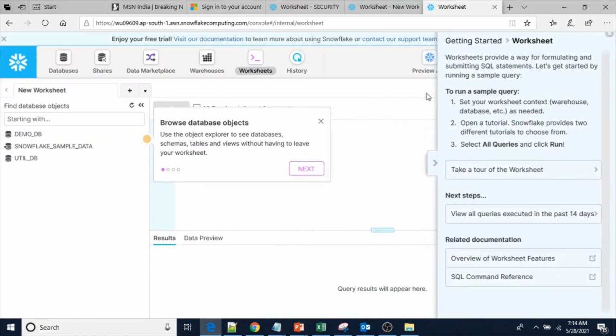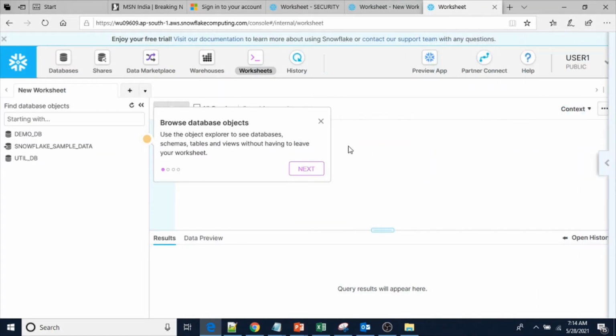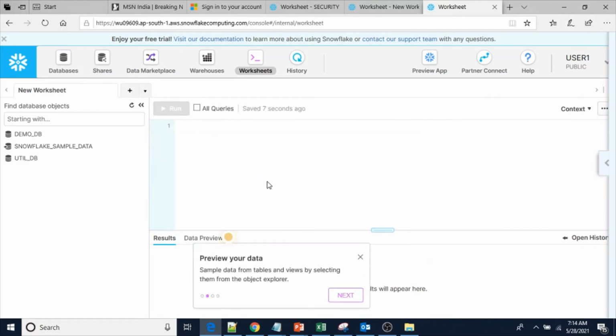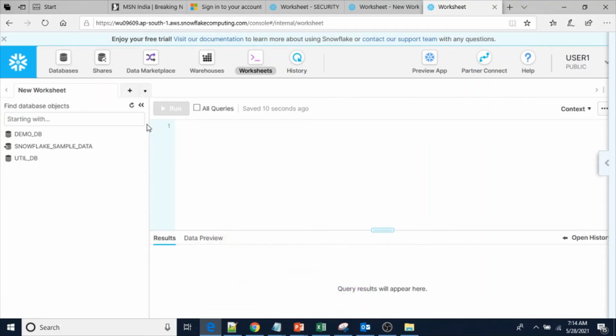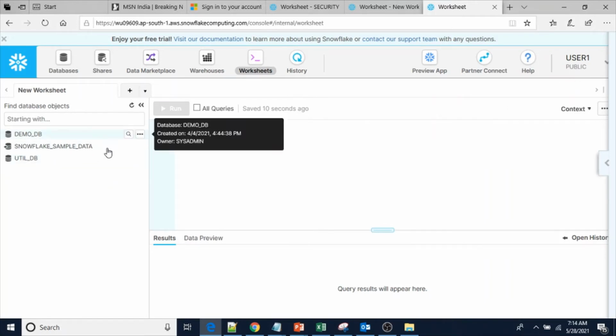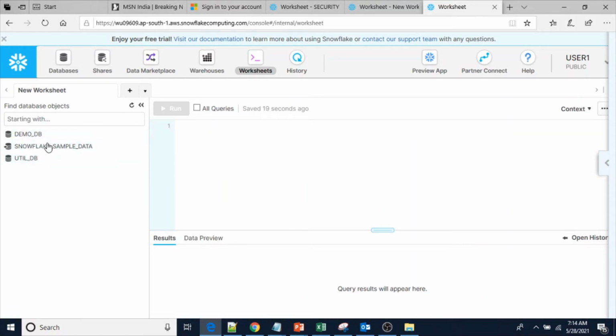Minimize this one. These are the instructions. The very first time you log in, you will see this. After that you cannot see it. Now, by default I've given the public role. So for this user1, we'll see only DemoDB, Snowflake_sample_data, and UTIL_DB databases.